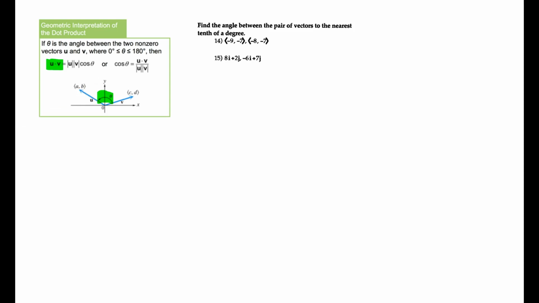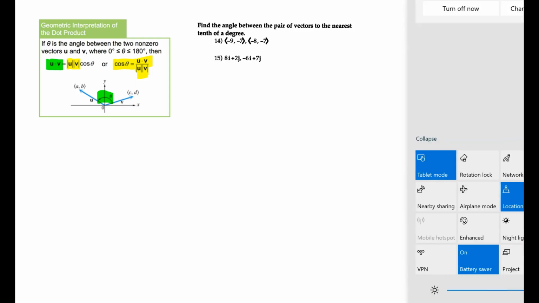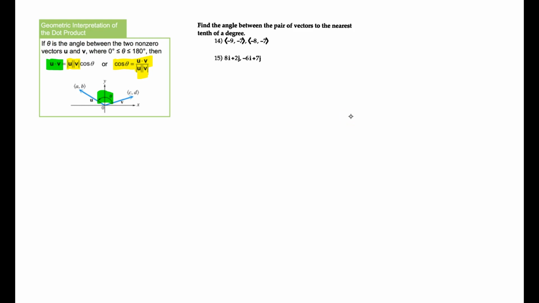So what we get when we're trying to find the angle between two vectors is something that looks like this right here. Okay, so when you manipulate this formula, if you take the dot product of u, v divided by the magnitude of u times the magnitude of v, you'll get the cosine of theta. So we're going to use this concept here to figure out the angle between two vectors. We're going to start off first looking at number 14, and let me go ahead and